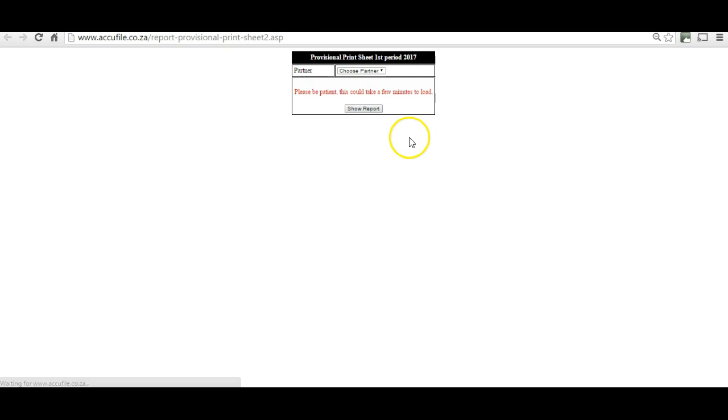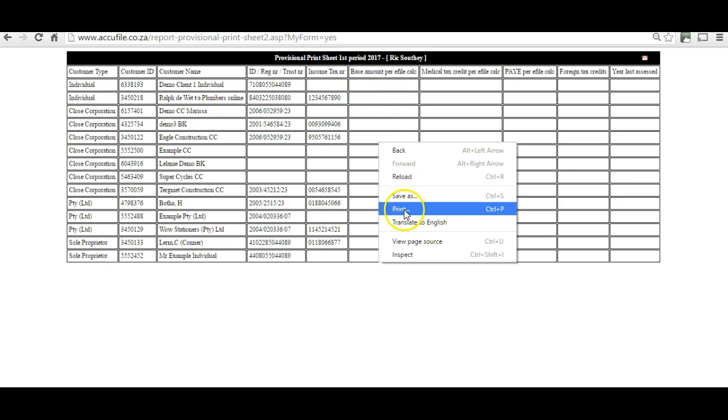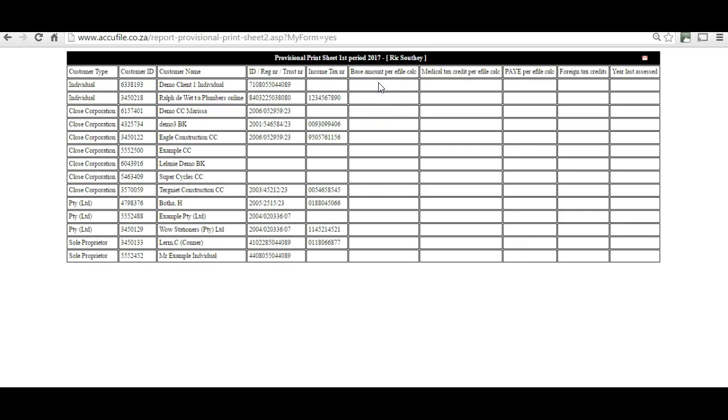So if you print it, you can open it per partner. I've already opened one here for us. So you will find a list of all your clients, and you need to then print the sheet. So you can right click and print it there, and then you'll actually have to take that sheet and go into eFile and collect data, which you can then write down and which can then be just captured into the